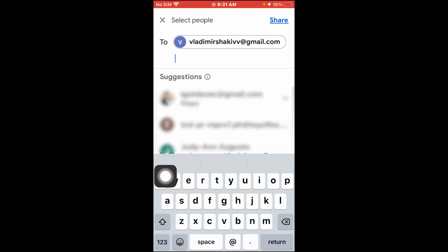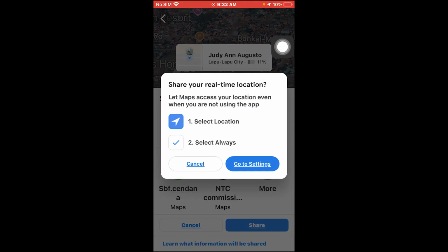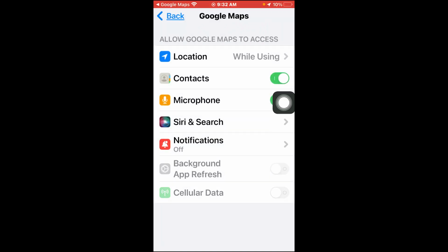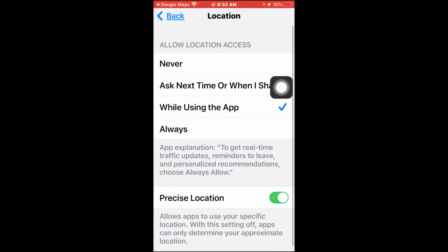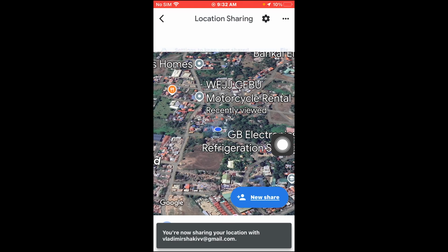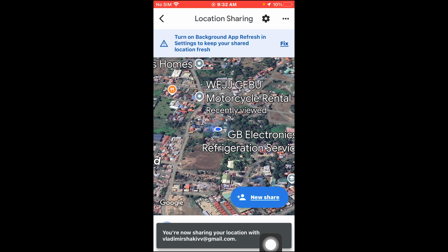I'm going to click this one right here, and then I'm going to go ahead and tap the share button just like so. So it says here select locations, select always. Now we can go ahead and click go to settings just like so. And then we can go ahead and click this one right here, and then we're going to set this one to always. So now we can go back there, and congratulations, you are now sharing your location with that particular